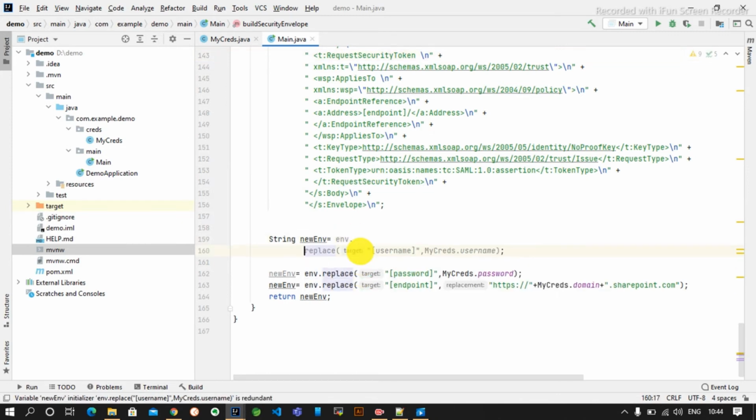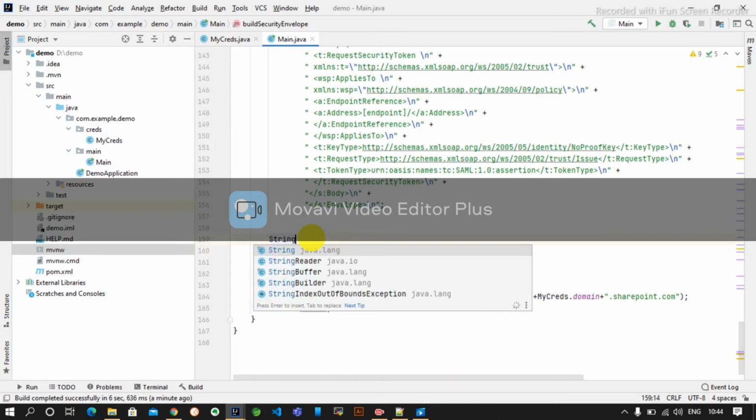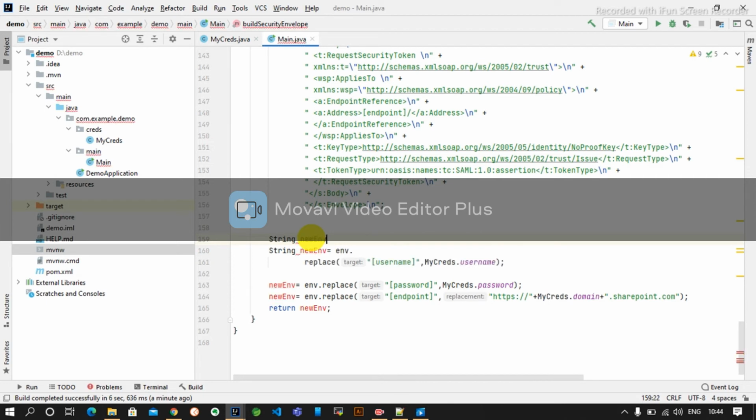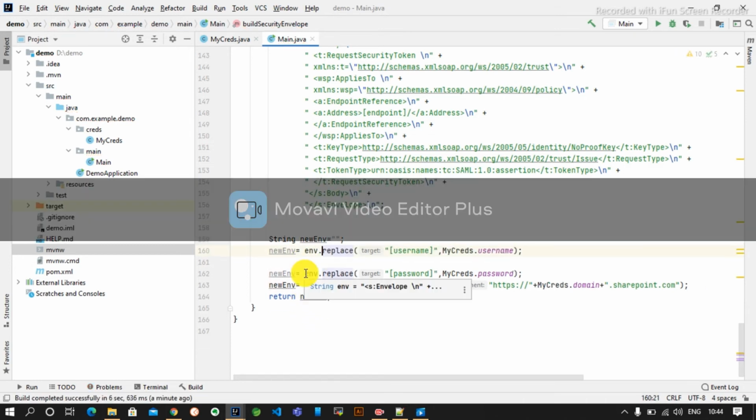Let's break it down. Dot replace. String new env is equal to. Okay, now let's hope it might print it.